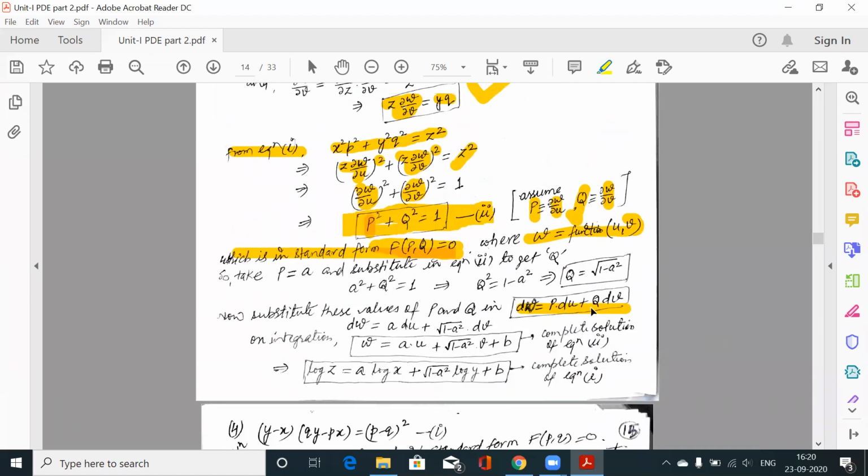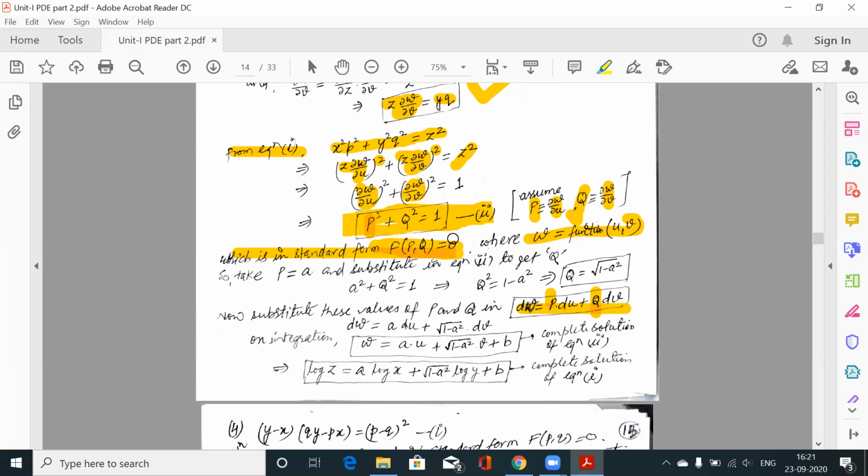So this is our solution, dw is equal to P du plus Q dv. So du why, because P is the derivative with respect to u, dv why, because Q is the derivative with respect to v. So dz is equal to p dx plus q dy, in the same way dw is equal to P du plus Q dv. So here we have to find out the value of capital P and capital Q. Now अगर कोई भी इक्वेशन फर्स्ट फॉर्म में होता है, सो वी नो दैट यूजिंग द ऑक्सिलरी इक्वेशन व्हाट वी गेट, द स्मॉल p इज इक्वल टू a, और q की वैल्यू हमें फाइंड आउट करनी होती है, बट यहाँ पर हमारा कैपिटल P, स्मॉल p की जगह कैपिटल P है, स्मॉल q की जगह कैपिटल Q है।